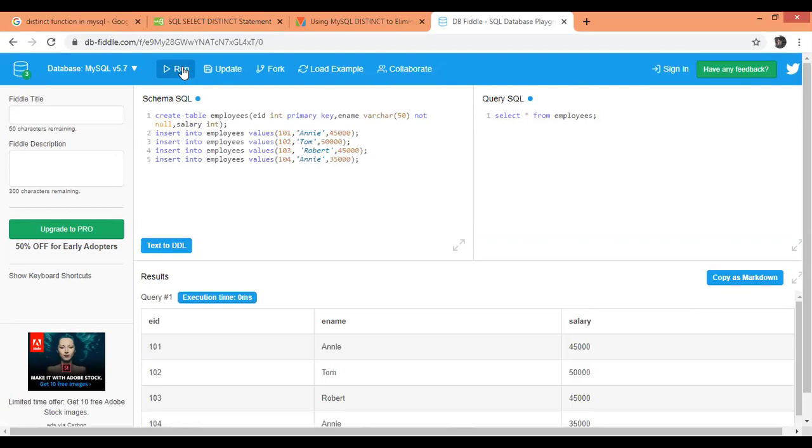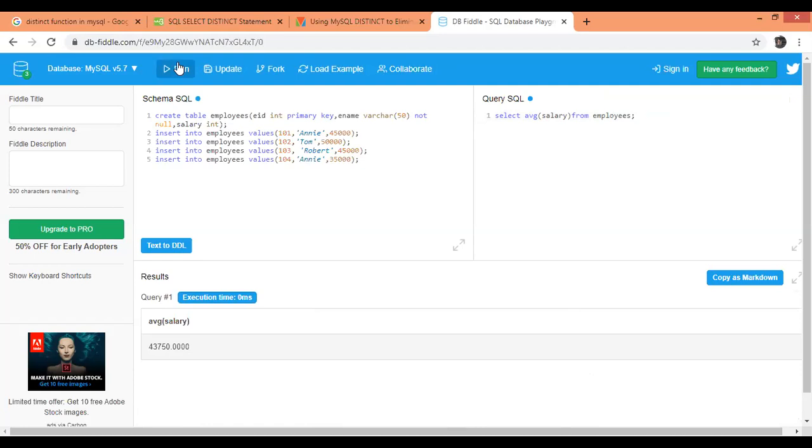Now we are going to check how the group function works. First we are starting with the average. If we want to find the average salary of all the employees, you just use the function average, then within brackets you mention the column name, from employees. Then I'll run the query.